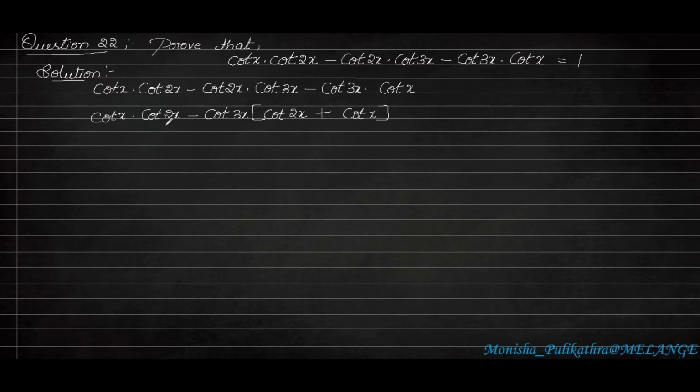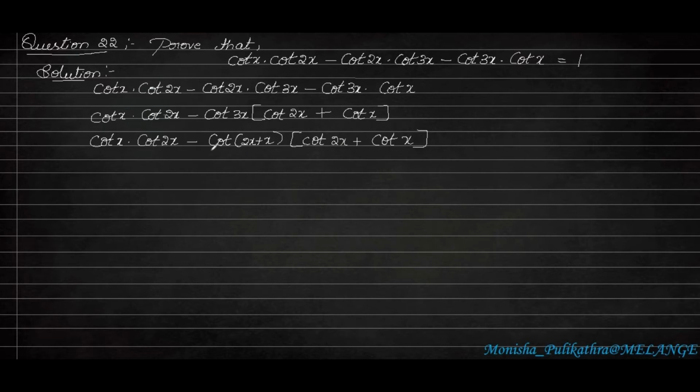Okay. So first session, I hope you understood this. The first term you have to write as it is. In second and the third term, you have to take minus cot 3x common. When you take minus cot 3x common, cot 2x plus cot x will be remaining. So in the next step, you have to make one more interchange. That is, the first term you write as it is minus cot 3x. So cot 3x you have to write in the form of cot 2x plus x, because 2x plus x is also equal to 3x. And rest this you have to write as it is, cot 2x plus cot x.